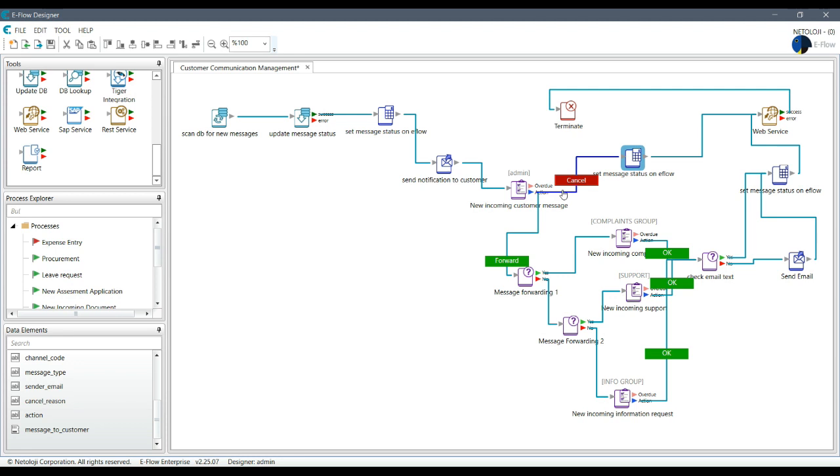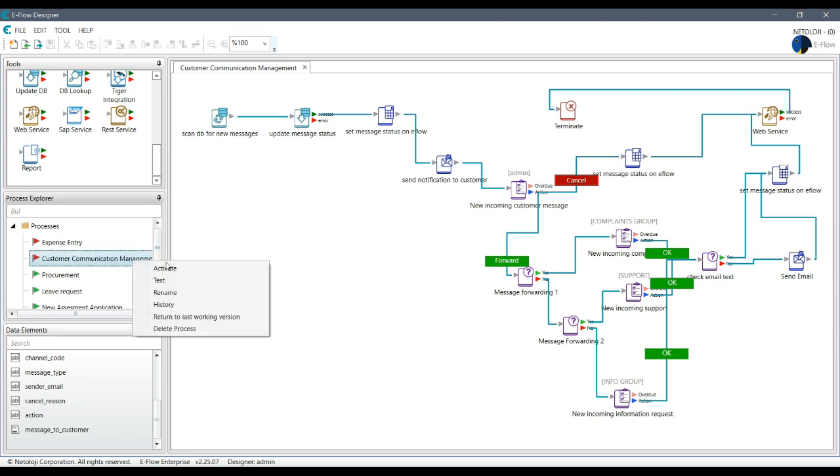What did I change here? I changed in the first task form, if the user cancels the process, status will be updated to cancelled, and then we call the web service, which updates the database, and then goes to terminate. The same thing, similar thing will happen here before going to notification. After going to notification, we will update the status and then call the web service, update the database, and terminate the flow. And I think I can save it, then I can activate it, and then go back